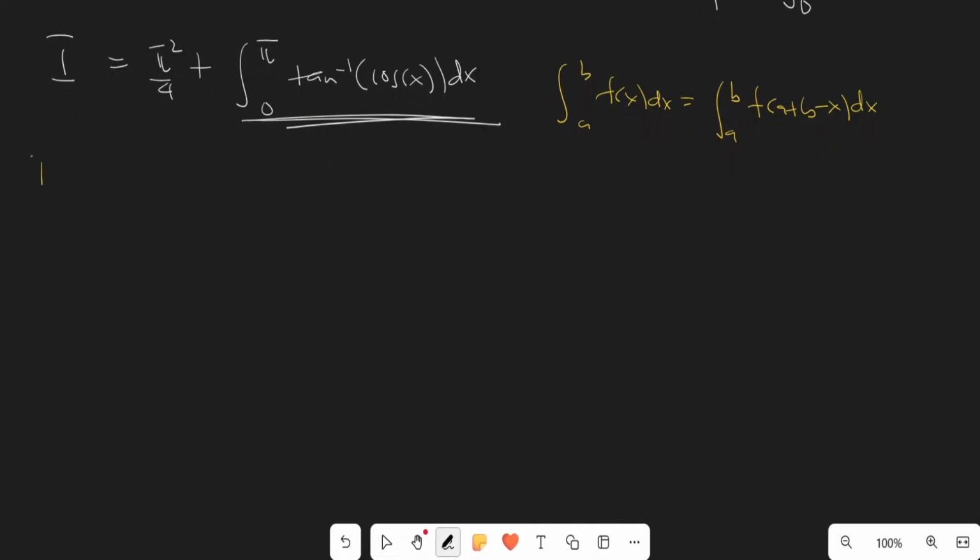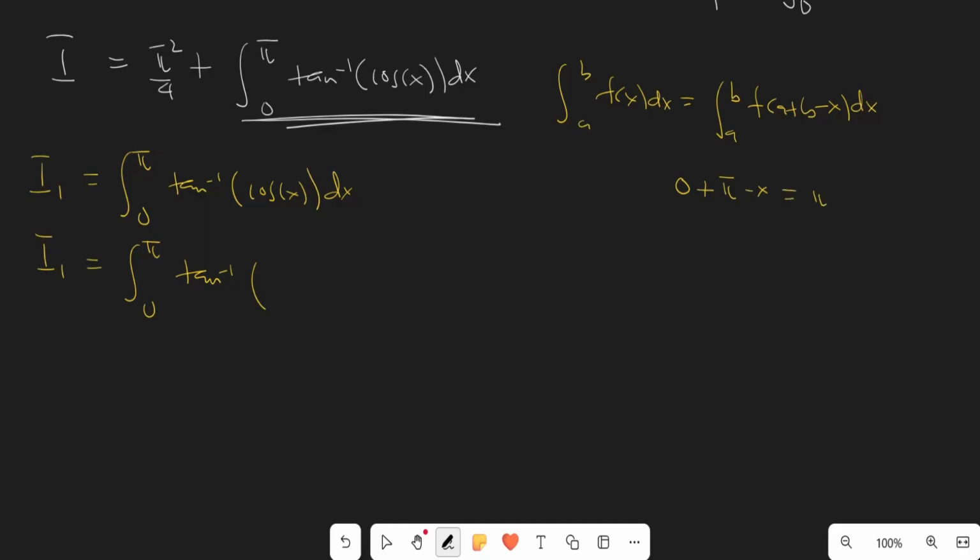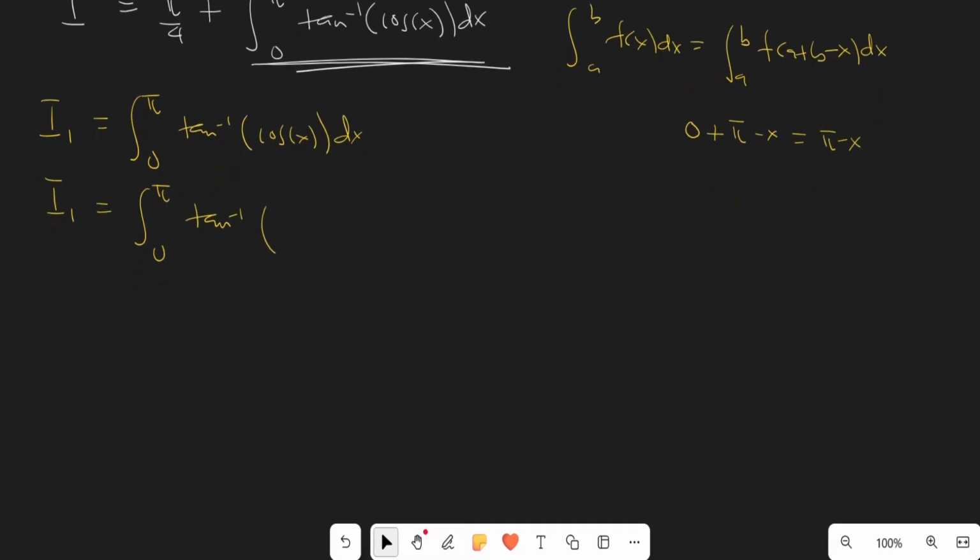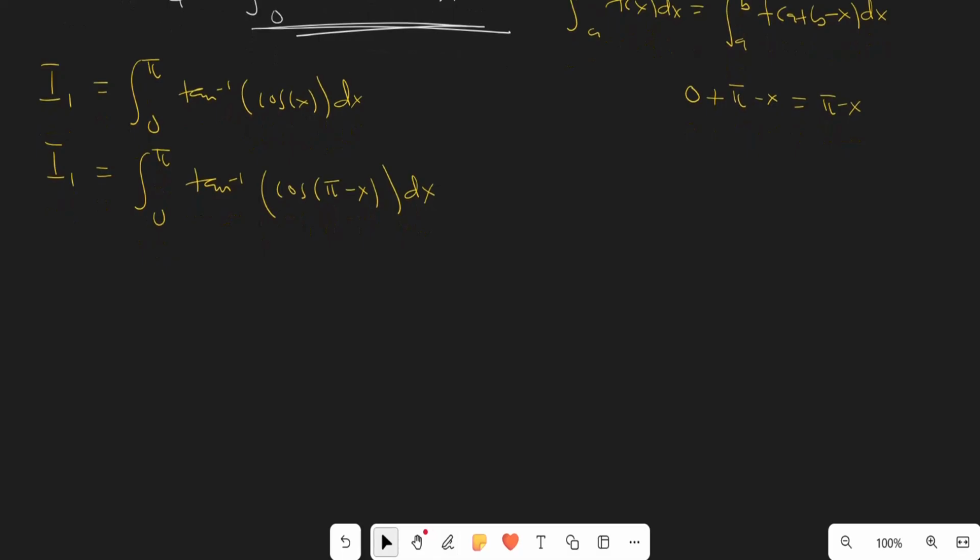I'm going to call this integral I sub 1, which is equal to the integral from 0 to pi of the tan inverse of the cosine of x dx. The integral that I'm going to transform using the King's property is the integral from 0 to pi of the tan inverse of a plus b minus x. Here a is 0 and b is pi, so that is going to be pi minus x. So we just plug in cosine of pi minus x. This is the integral by the King's property. And cosine of pi minus x,